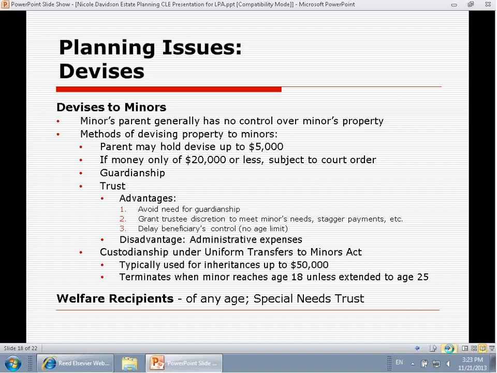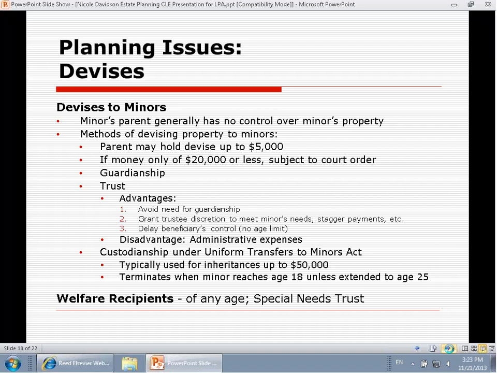Another reason to have a trust would be to delay the beneficiary's control without having to worry about an age limit, whereas we'll talk about the Uniform Transfers to Minors Act, the custodianship, that can only be used up to age 25 if a gift is made at death, or up to age 21 if the gift is made as a lifetime gift. So a trust will allow us to go past that age,